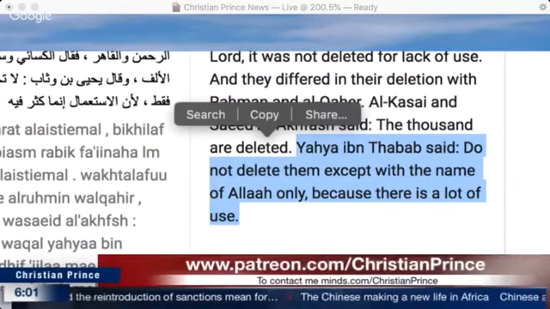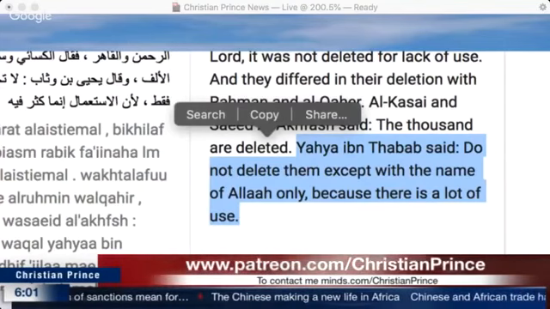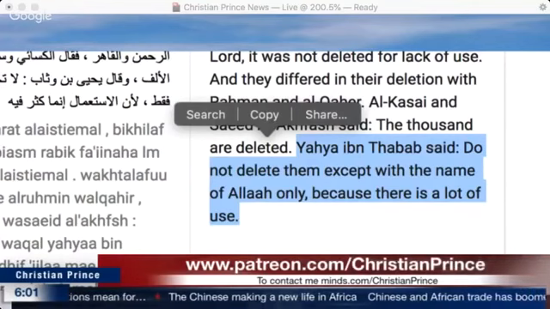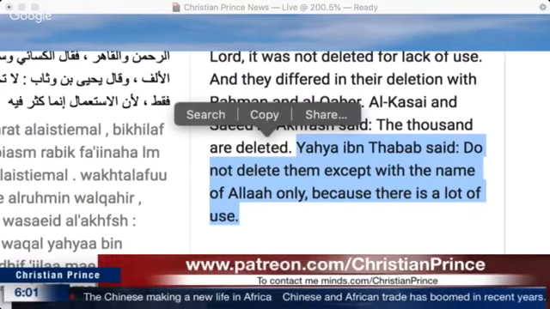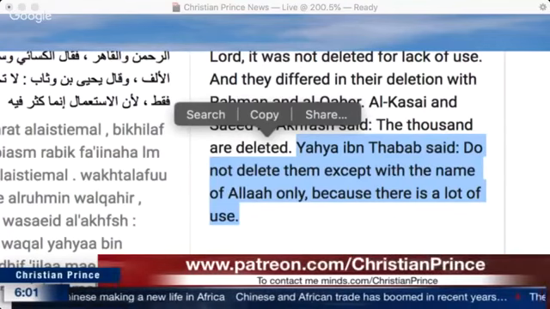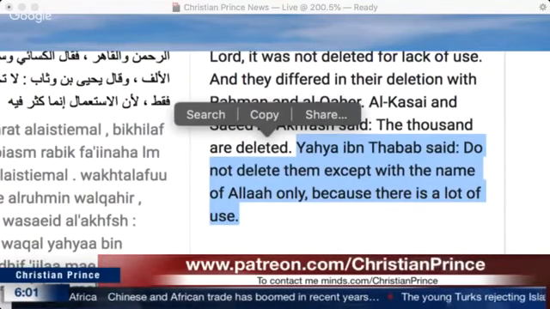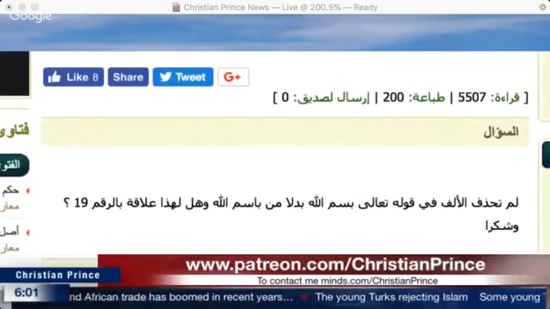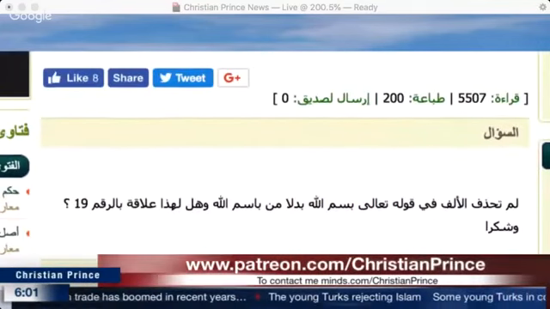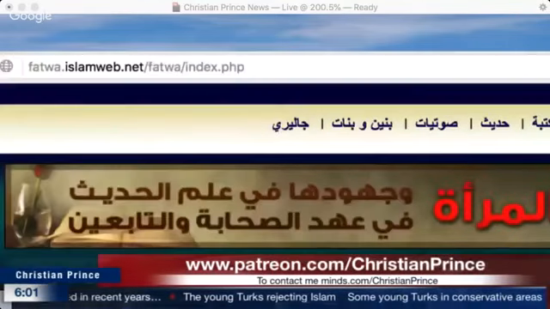So in order to avoid saying bi-ism, which is hard to recite and to sing, because remember, Muslims sing the Quran. When they sing it, if they want to say bi-ism, it's not good. So to make the song nicer, they deleted letters from the Quran. This is the opinion of the Muslims, not me saying that. You can go right now and check this fatwa, number 505507, on the official Islamic website, Islam Web Fatwa. You see at the top it says fatwa.